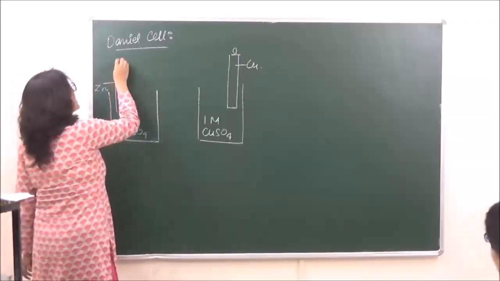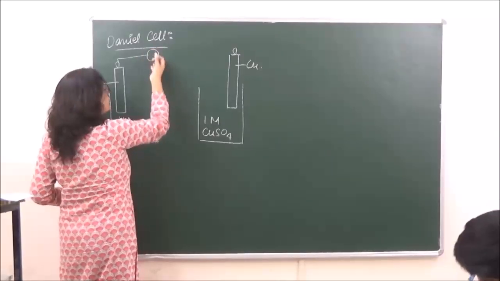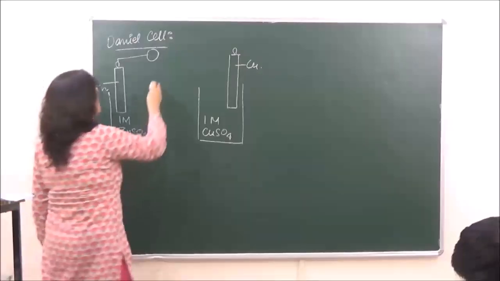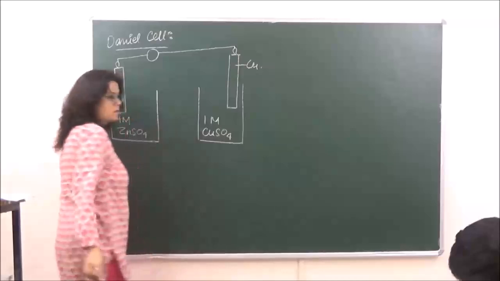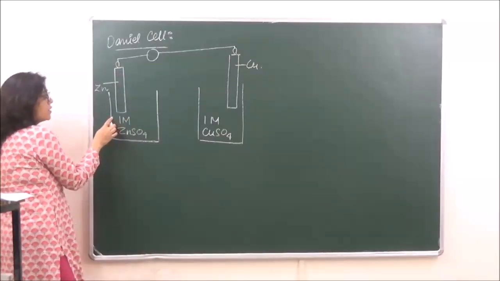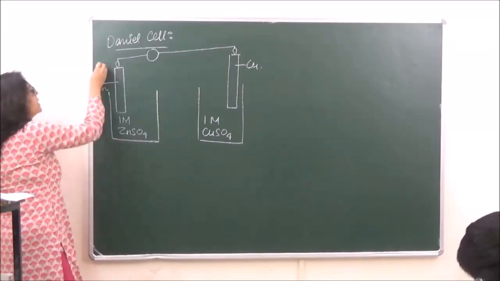And this is connected to the voltmeter or galvanometer just to see the deflection of the current. Okay, now over here the beaker or the compartment which is present towards the left hand side, that is going